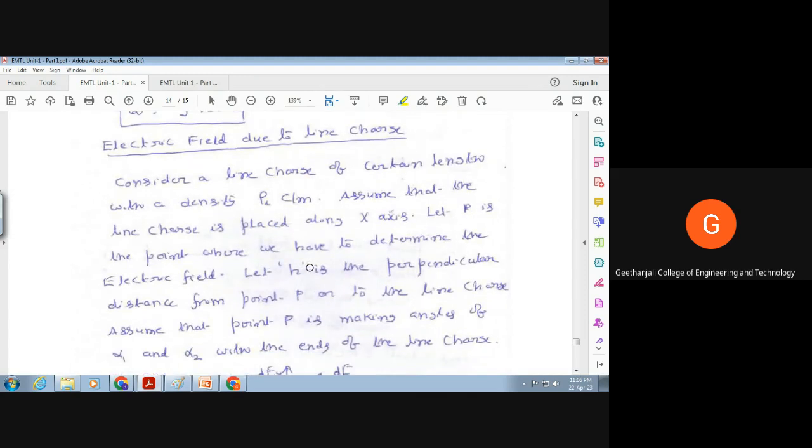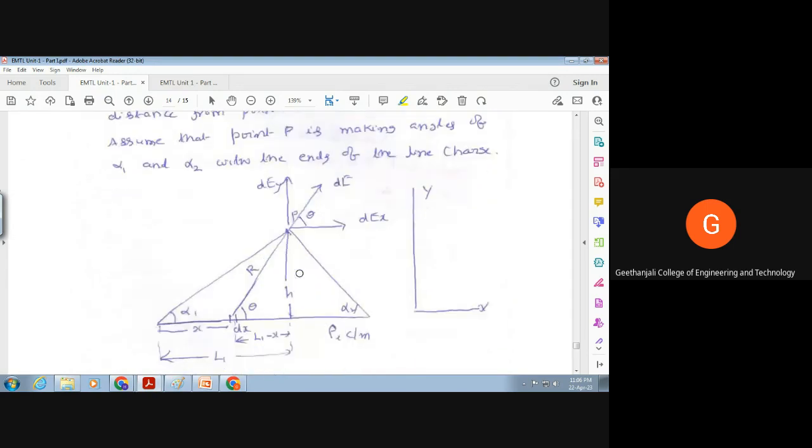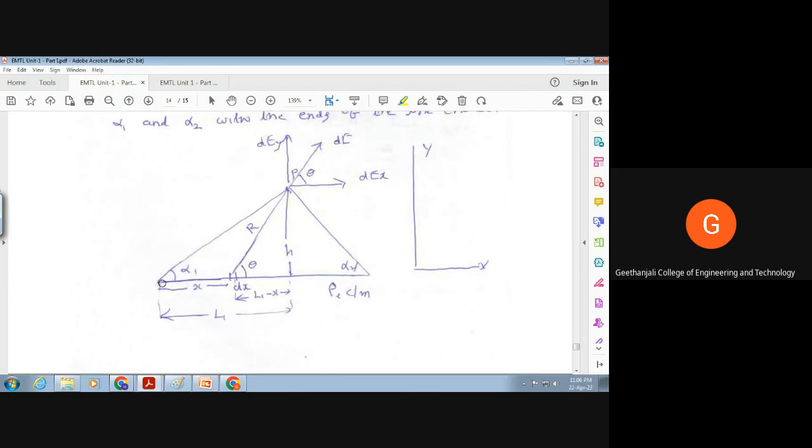So now let us find out the electric field intensity due to a line charge. Say I have a line charge of some length. The density is rho L coulombs per meter. At point P, we are required to find the electric field intensity due to the line charge. So what we can do is,